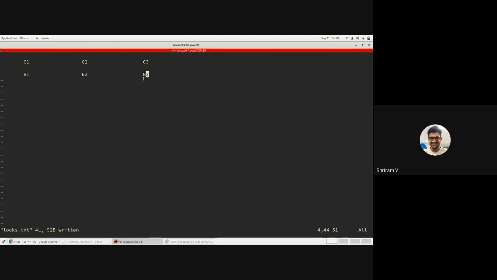Yeah. So basically, if you want to do the operation, you need locks on all the bricks. But because multiple bricks are involved, you need to make sure that there are no deadlocks. So one way to do it is that everybody has to send in the same order. Like C1 will send first to B1, then to B2, then to B3.